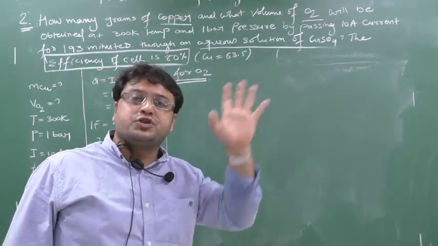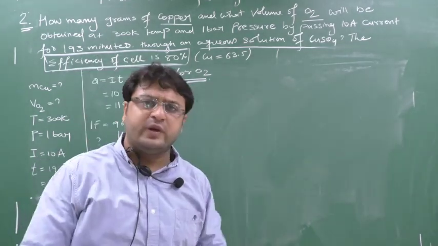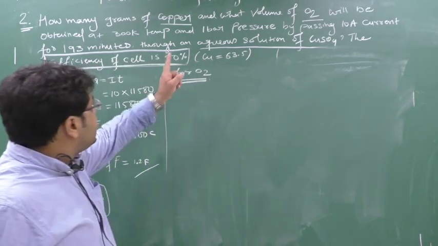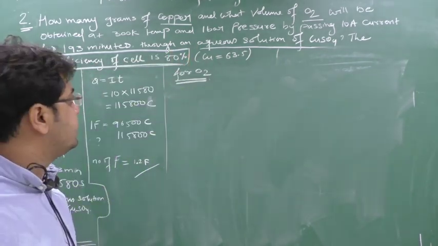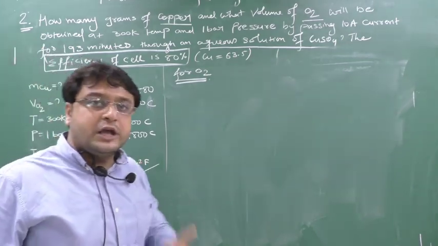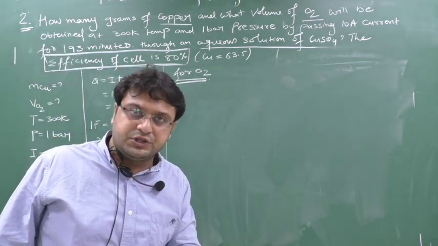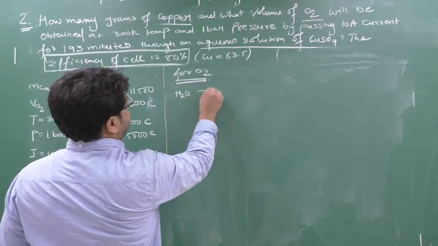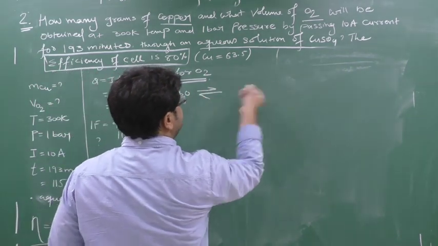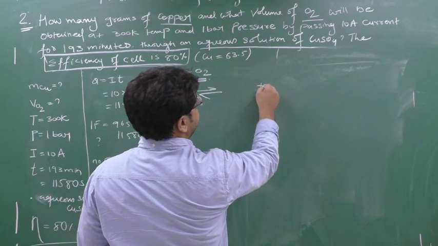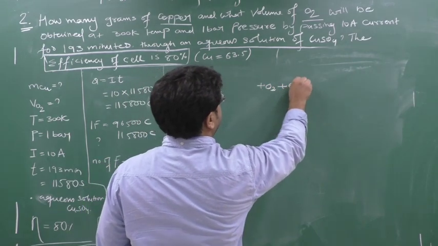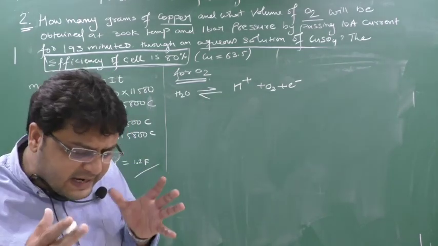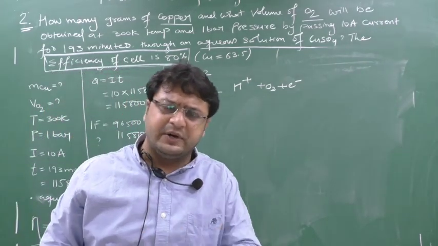And water will undergo oxidation because of the reduction potential value. We will explain in detail in future classes. But for now, remember that whenever an aqueous solution of CuSO4 is given, at the anode SO4 2 minus will not go for oxidation, water will. So I told you the ionic reaction of water: O2 will be liberated, electrons will be liberated, and H plus. If you are not comfortable, please remember one key point.